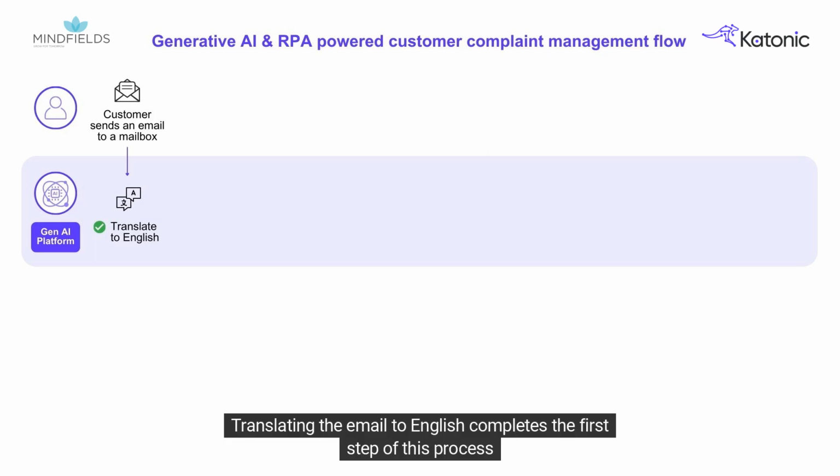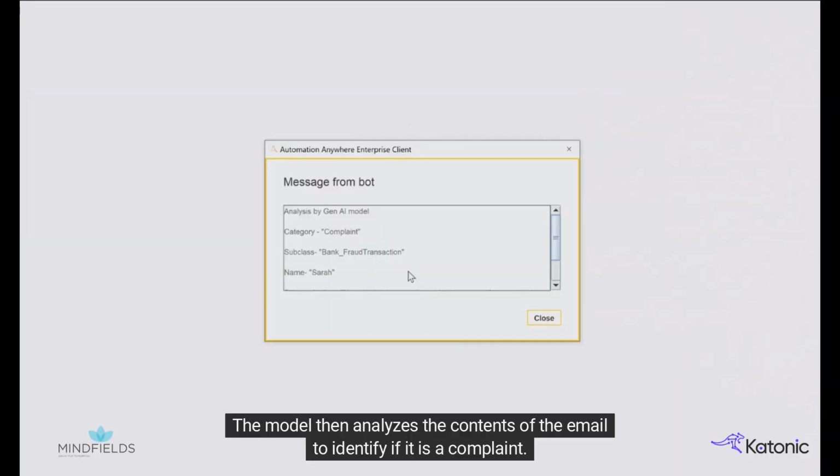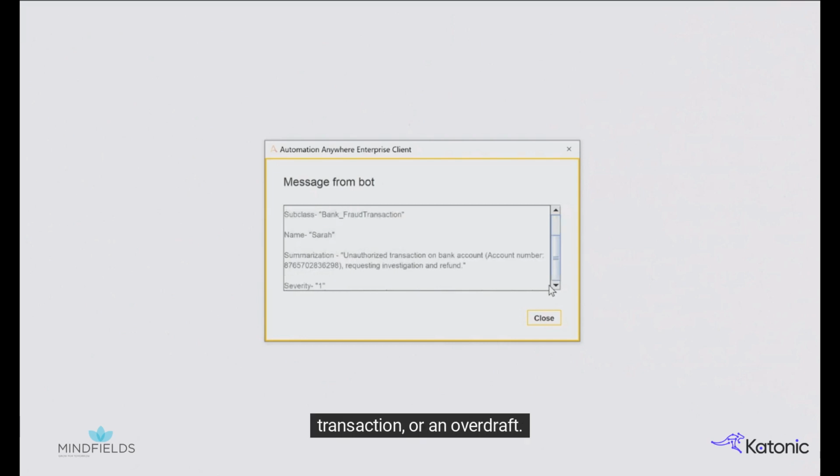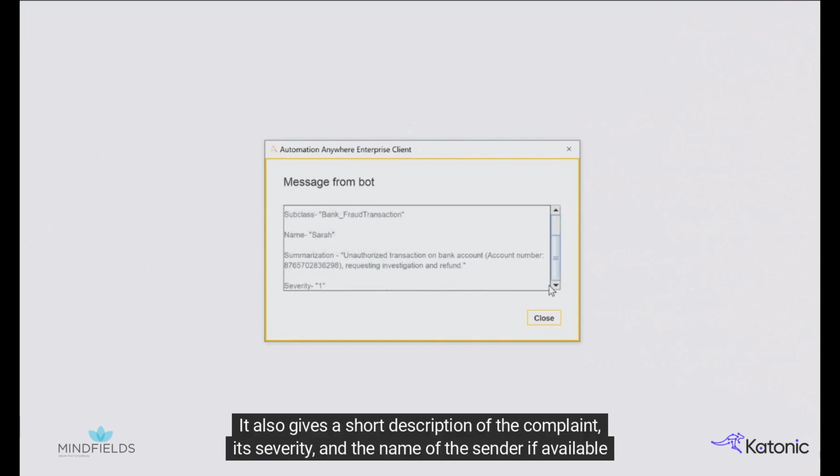Translating the email to English completes the first step of this process. The model then analyzes the contents of the email to identify if it is a complaint. It determines the type of complaint, whether it's regarding a credit card, a debit card, an unauthorized transaction, or an overdraft. It also gives a short description of the complaint, its severity, and the name of the sender if available